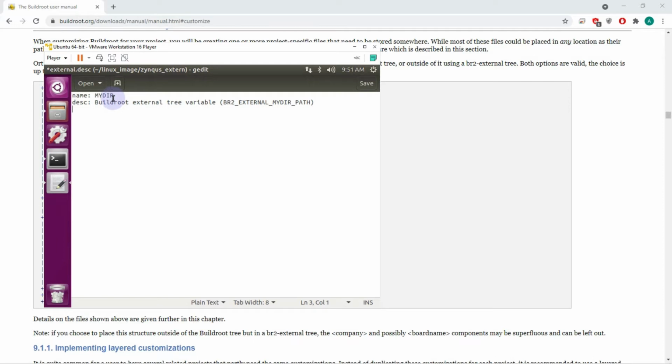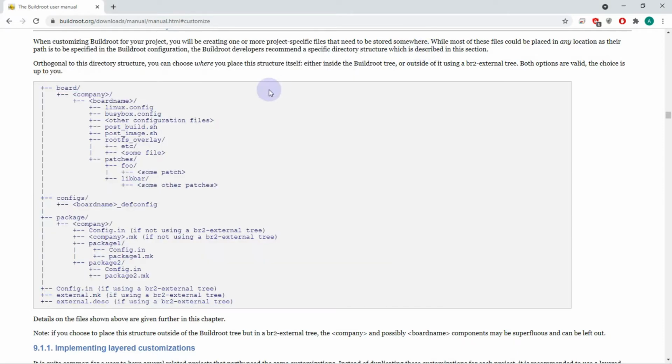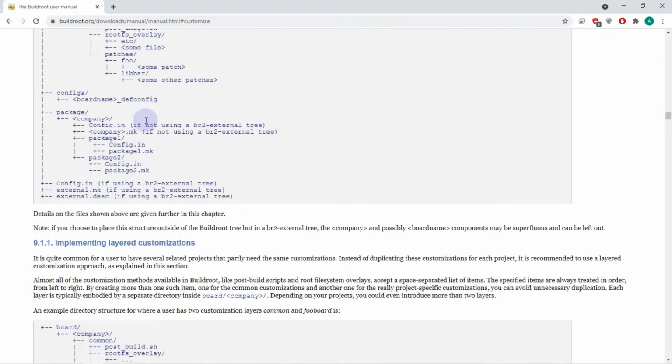So what does it mean? It means that our variable is MY_DIR, and this variable will be used by Buildroot like a base path to the external MY_DIR path. Actually, a description of every one of these files you can find in the Buildroot user manual,